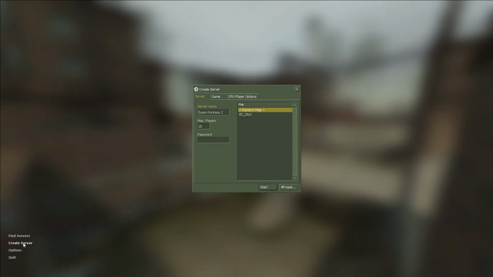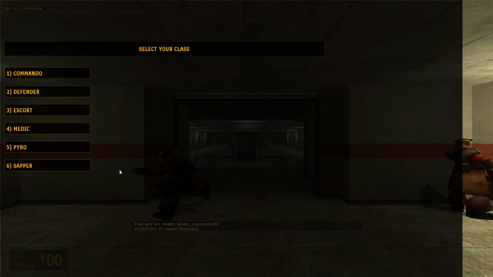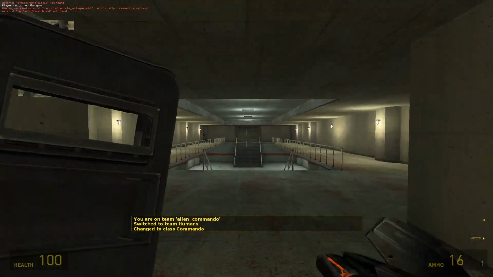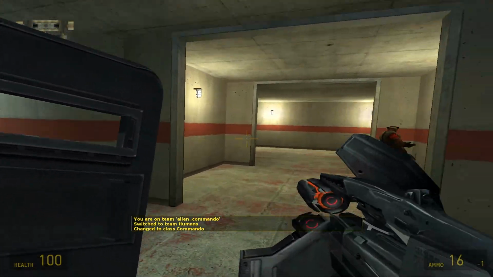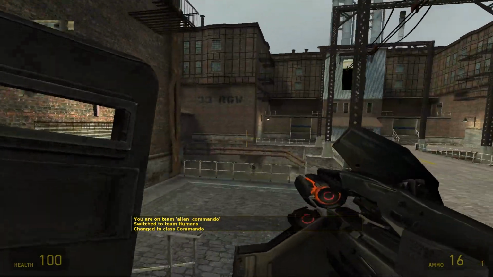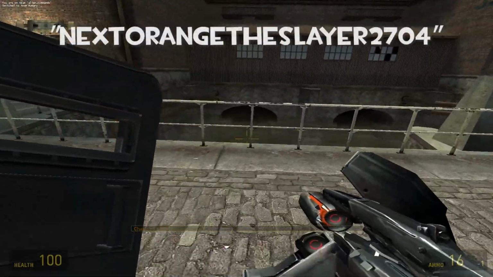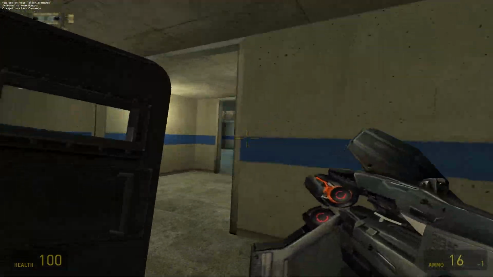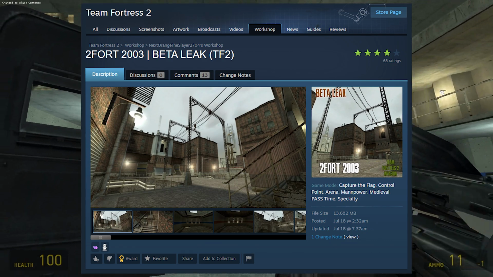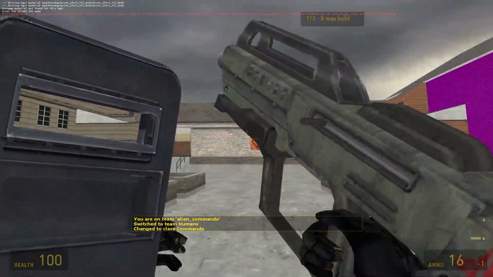Next, we have 3 special versions of 2fort that were leaked in 2003 in a beta build of Team Fortress 2, referred to as Invasion. This first version takes place in a factory surrounded by industrial infrastructure and gives off strong Half-Life vibes. A user named Next Orange the Slayer 2704 actually ported this over to TF2, and you can find it on the Steam Workshop. The second takes place in an urban housing unit, though there are some missing textures in this